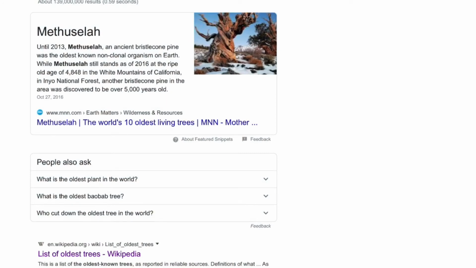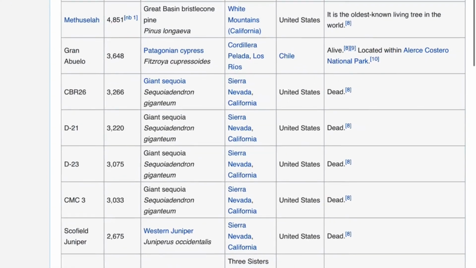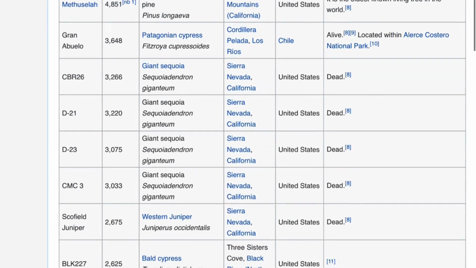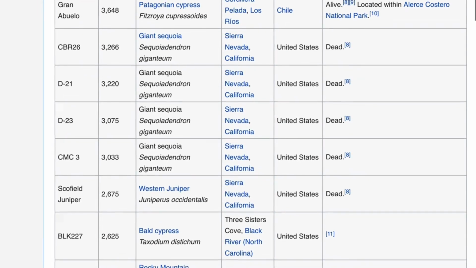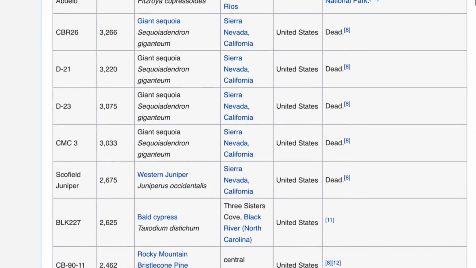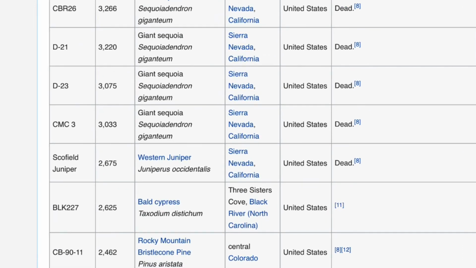I checked out the Wikipedia website, and they figure the oldest tree here is not much older than 5,000 years, which is around the time of Noah's flood. Lists of trees from the Wikipedia website are all pretty much around that Noah's flood or younger on this list here. I do believe maybe some vegetation and trees did survive the Noah's Ark flood, but I don't think any of the animals and insects on land did anyways.